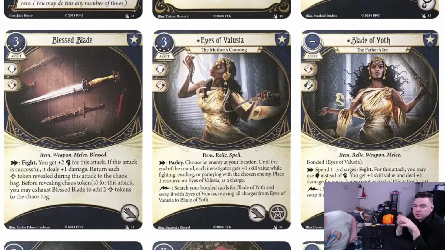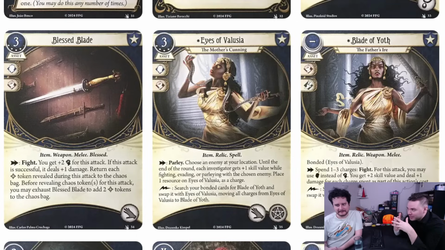I absolutely love this as a flex card. I absolutely love this. You could build an entire deck around this. I find this very fascinating. One question I have in general, though, is we're really moving into this, like, using other Ancient Ones to fight Ancient Ones kind of vibe with this weapon. Yeah. Like, I am 100%...